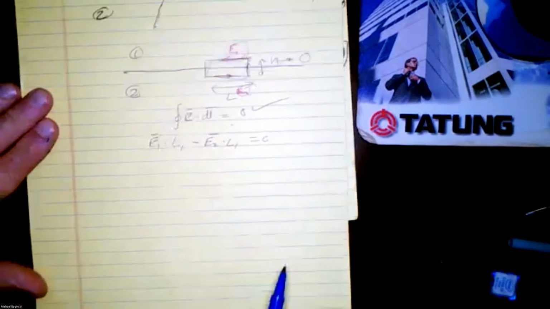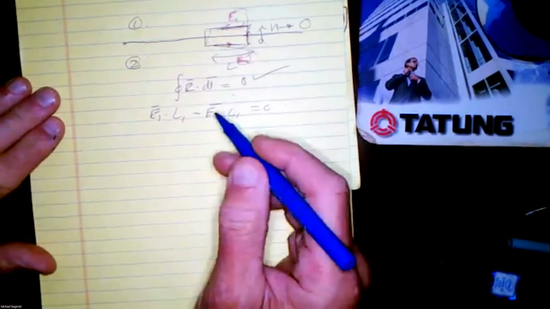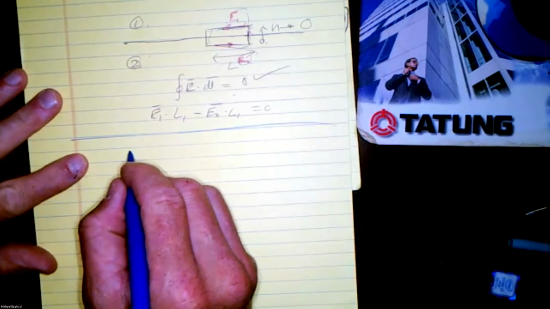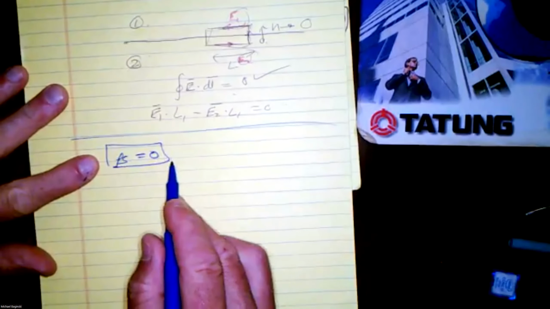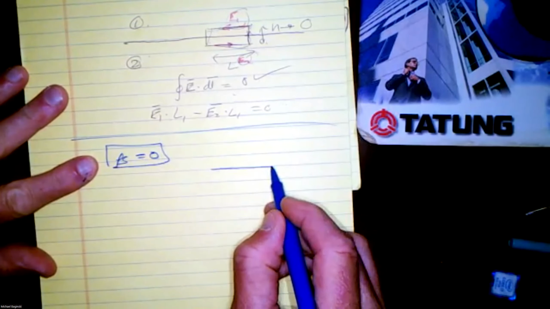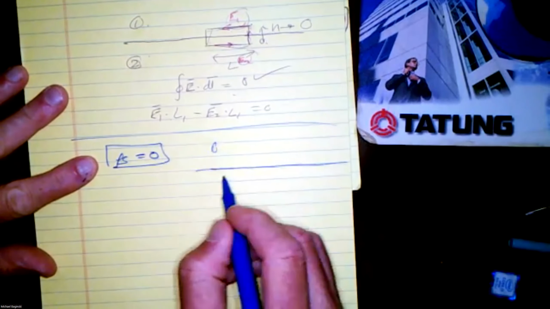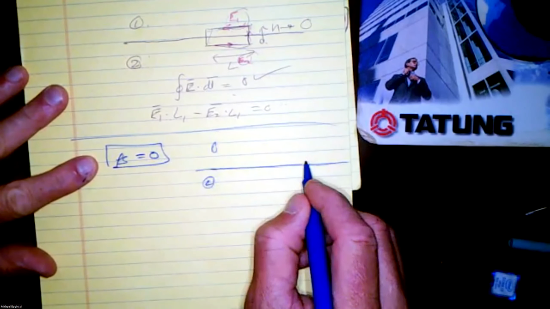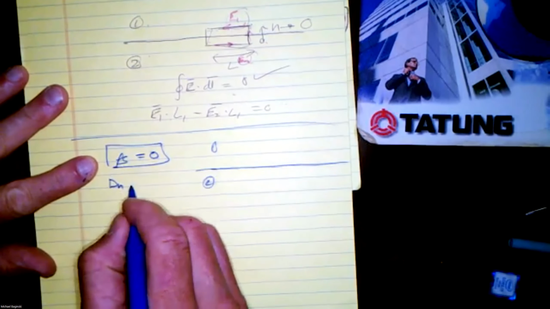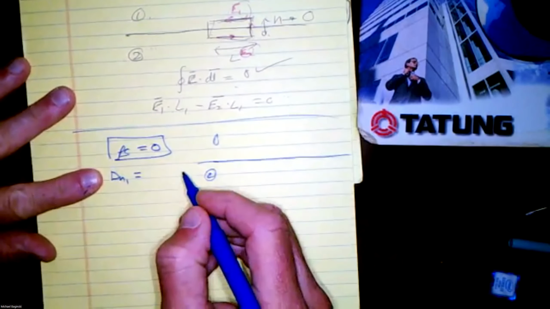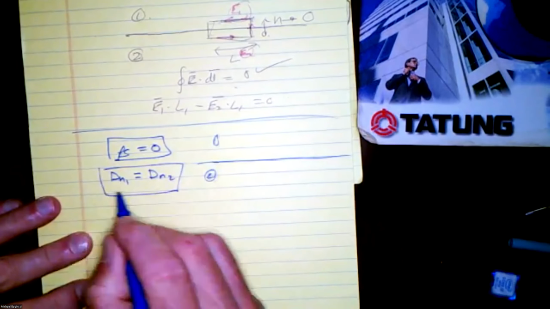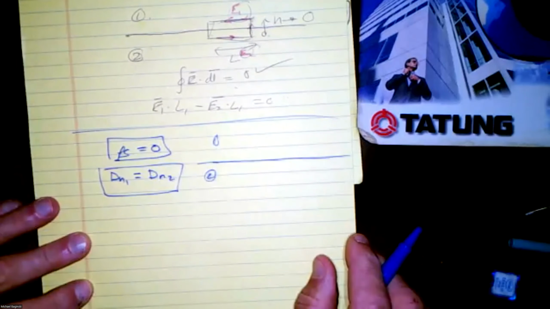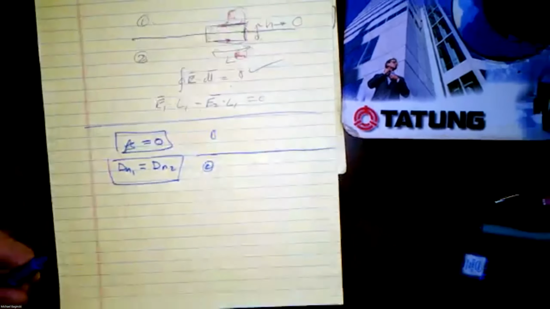The second is that if the surface charge density equals 0, I like starting there. So if there's no surface charge density, and here's region 1 and here's region 2, then the normal component of the D field in region 1 will be equal to the normal component of the D field in region 2. That's going to be true. What that means is